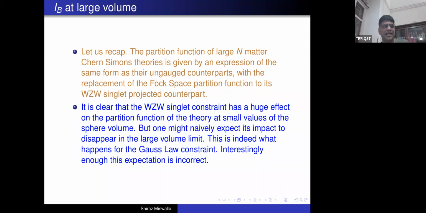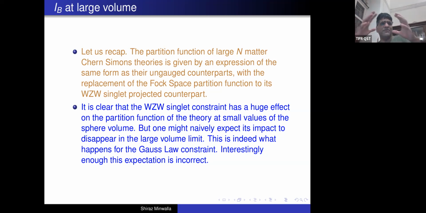Okay, so let's recap. The partition function of large N matter theories is given by an expression of the same form as the ungauged counterparts, with the replacement of the free Fock space by its Wess-Witten singlet projected counterpart. Now it's clear that the restriction to the Wess-Witten sector has a huge impact on the spectrum at low energies. Okay, this would be true even for the Gauss Law singlet condition. But